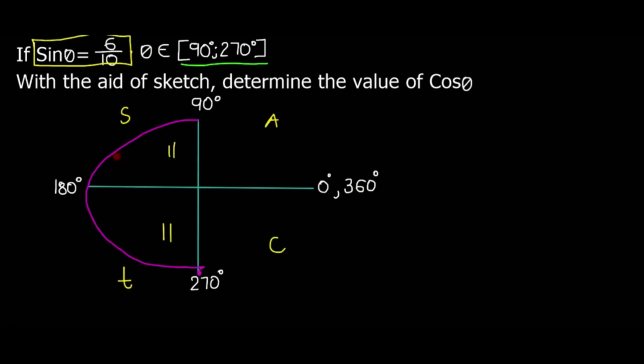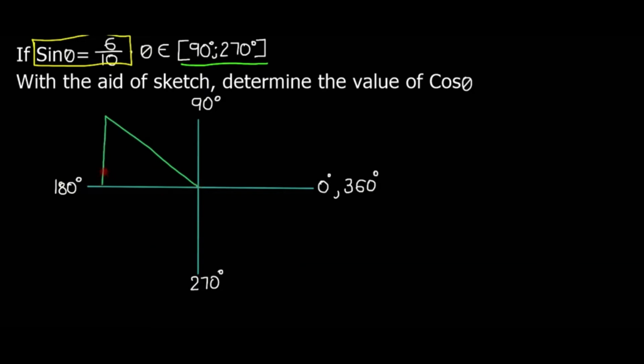E re la gore re tlo nyaka mo ile gore sine is positive because trig ratio ya rena is positive, but re tlo choose between this quadrant and this quadrant because angle ya rena is from 90 to 270. So it's obvious gore re tlo shumisha this quadrant because sine is positive ka mo, and then ka mo sine e tlo ba negative because ga sa be yona. So re la gore re tlo draw ya our right angle triangle at this quadrant,